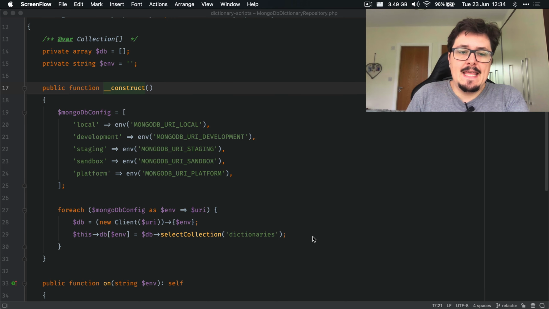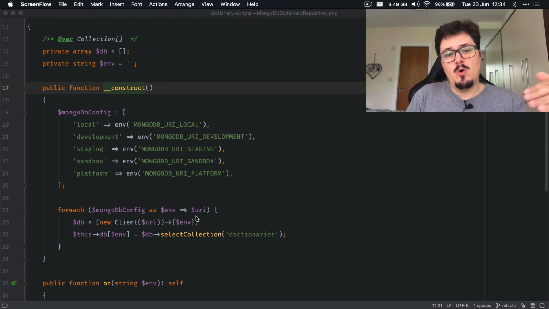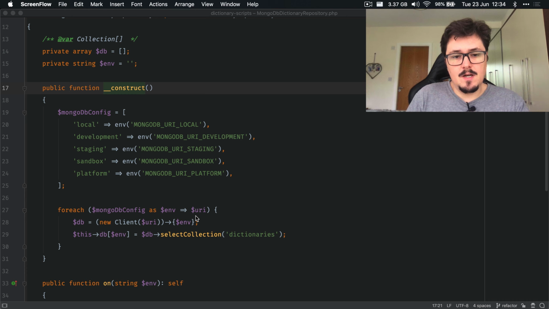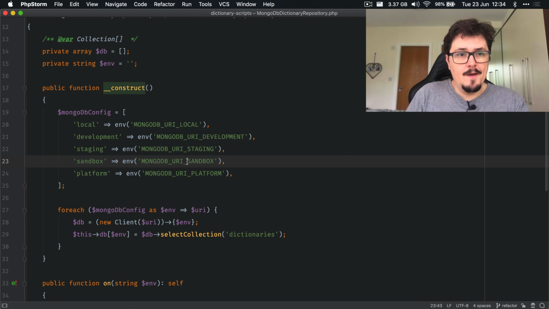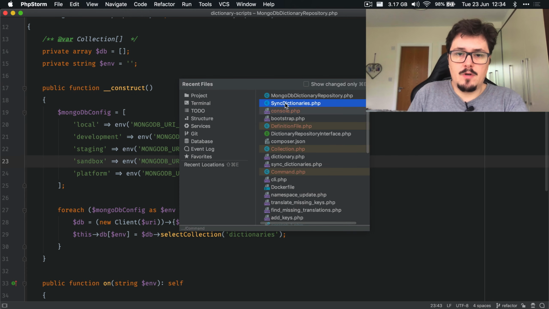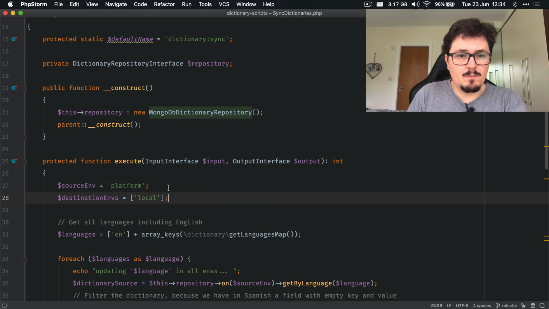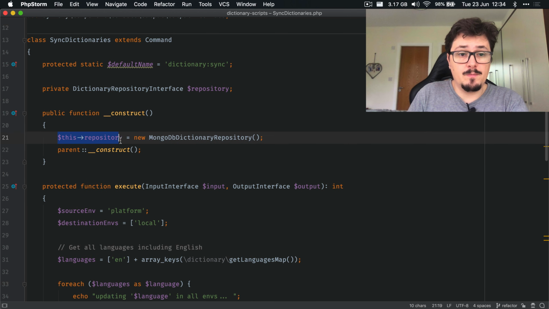In the last video, we started moving some dependencies from the command class to external classes. For example, if we go to our sync dictionaries command, we already have the repository as a dependency of this class, and we are creating a new instance of MongoDB dictionary repository. The point here is that we are not passing any argument